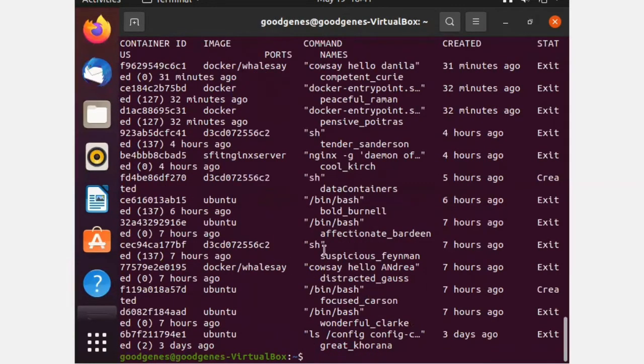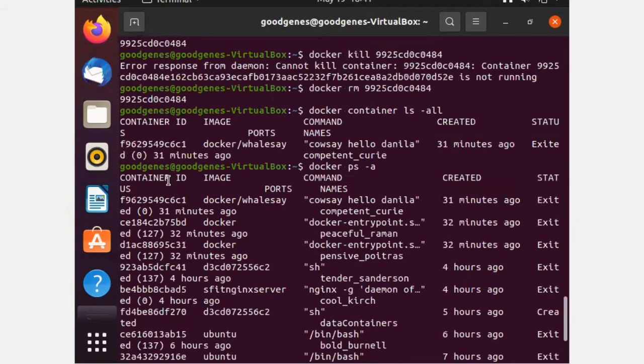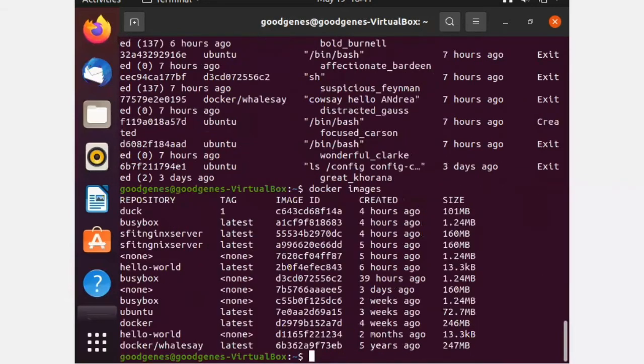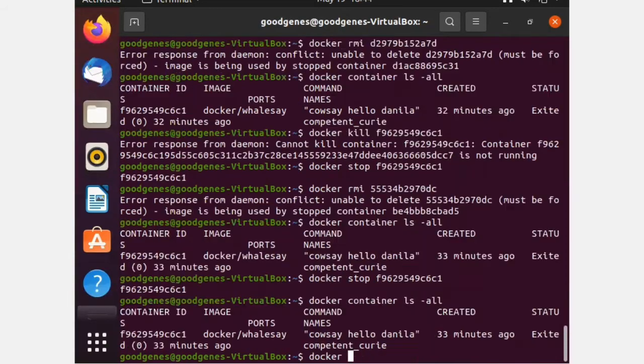Next again we will see images, and you will see that it is still there. Next command is docker rmi. That basically removes your image itself. If I want to remove it, now an error came here because I took the same container id which is already removed. So now I will take docker rmi image id and paste that. Oh my god, I think this pop-up came. Okay, yeah, so we are going to take that image. So docker rmi image id, and it will work as expected again.